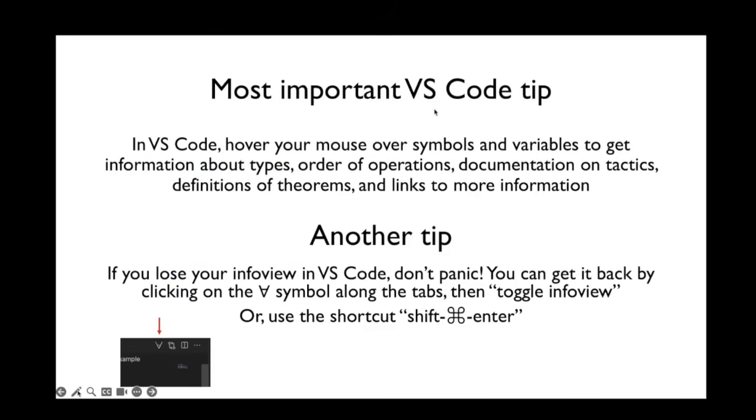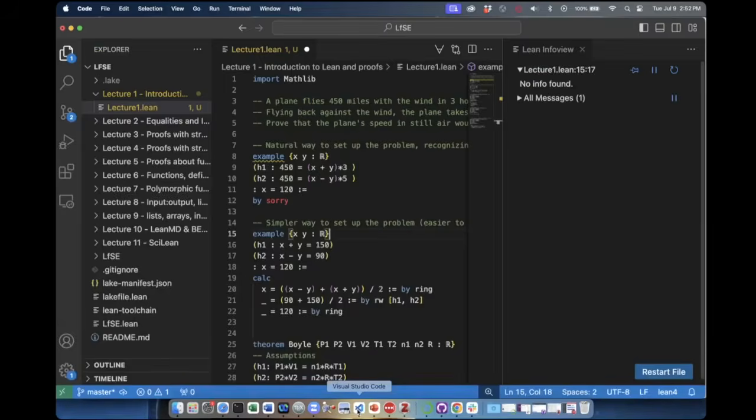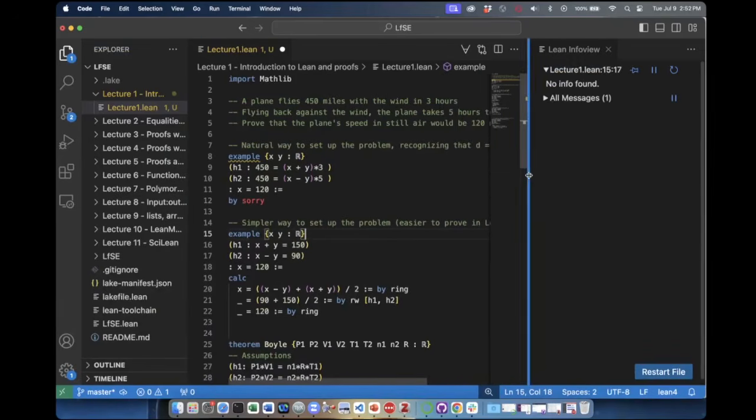First, a couple of VS Code tips. Hold your mouse over stuff. You will get so much information from mousing over things. The other tip is how to get the info view back if you happen to accidentally close it. It happens to me all the time. I was really frustrated, and then I learned the trick to getting it back. So you can look at those later. But